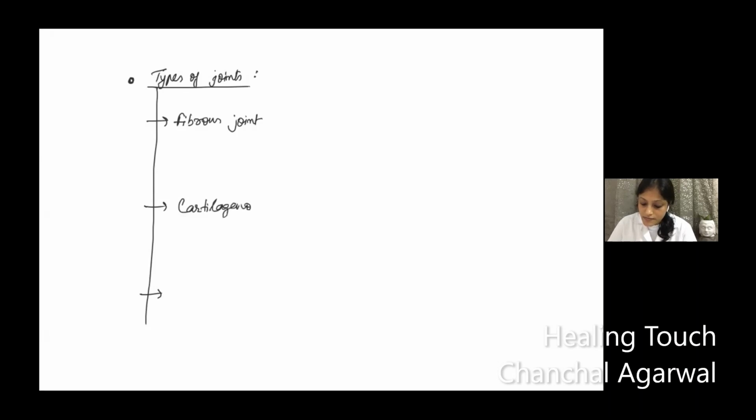कार्टिलेजिनस जॉइंट। और तीसरा जॉइंट का नाम है साइनोवियल जॉइंट। ठीक है, कितने टाइप के जॉइंट हो गए? 3। Basically there are 3 types of joints. One is fibrous joint, one is cartilaginous joint and one is synovial joint. Now let us take one joint at a time. एक बार में एक एक जॉइंट को लेकर करते हैं।